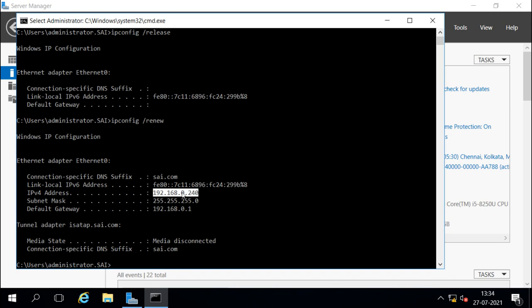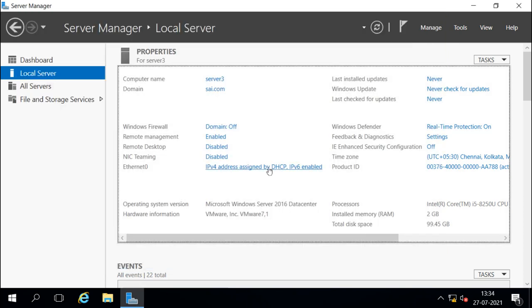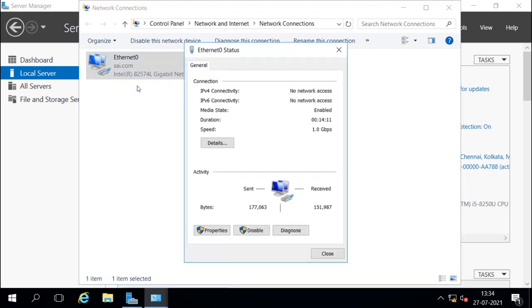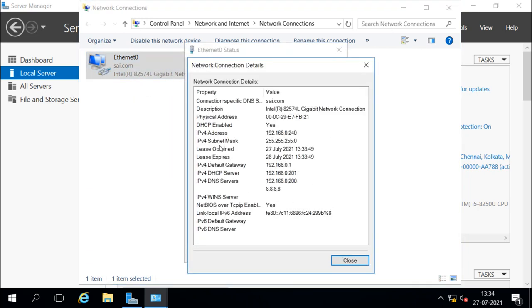So we have configured this for this system. Always, whenever this system asks for the IP address, it will get only this IP address. So this is the reservation we have, and this is how we can configure the reservation. We can check it graphically also. Check the status, and now we can see it is getting this 240, which we have reserved for this system.